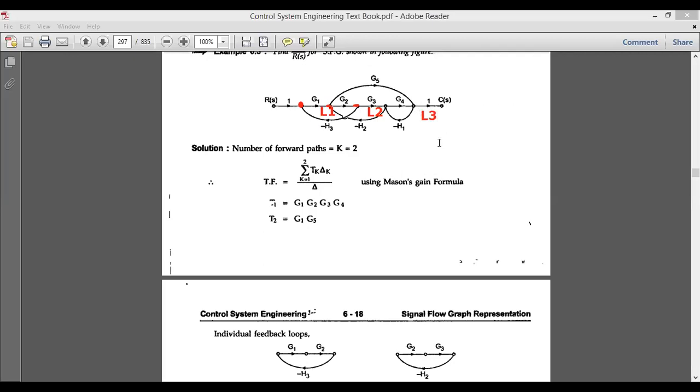But if you observe very carefully, we cannot take the upper arc as a loop. Only half of the arc cannot be taken as a loop. But we have one more loop, which is a hidden loop here. To obtain that hidden loop, you start from this point and travel towards G5.